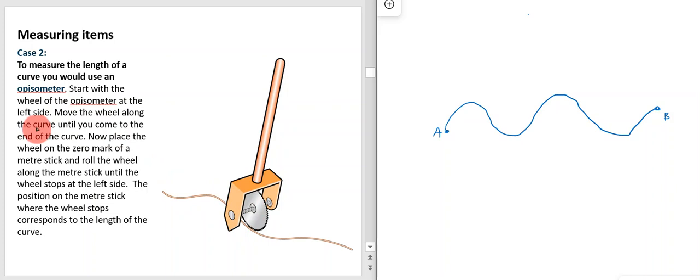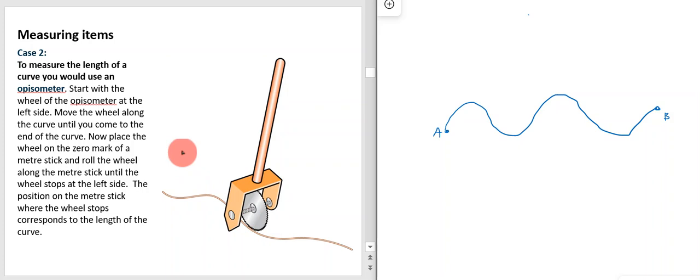You move the wheel along the curve until you come to the end of the curve. So what happens is you move this over here to the left, and then you start at the end of the curve and you wheel it around the curve until you get to the end. And as this wheel turns, it starts to push over to the right. Okay, so it starts moving over to the right. So you keep pushing this until you get over to the end of the curve, and it'll have moved